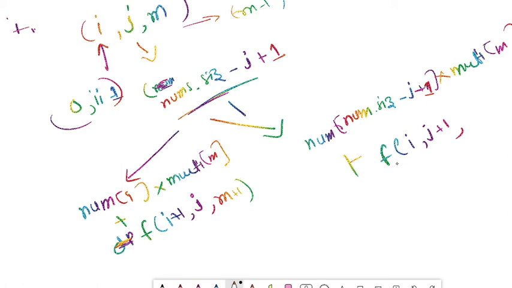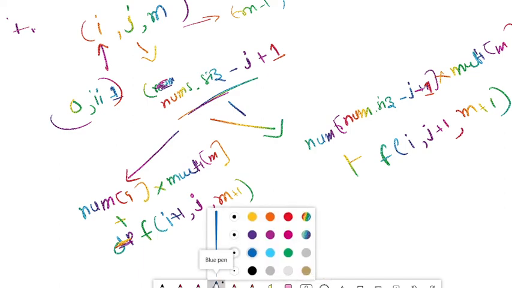Why j plus 1? Because we used the last element in this scenario. So what we have to do is simply return the maximum of these two scenarios. That's all.